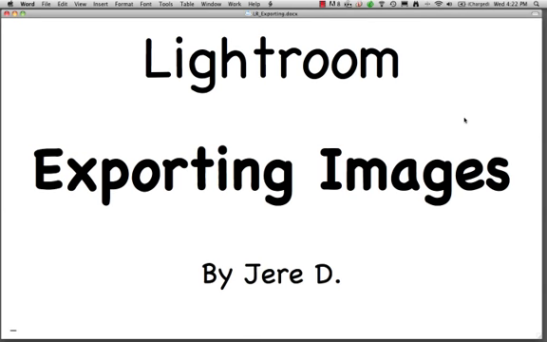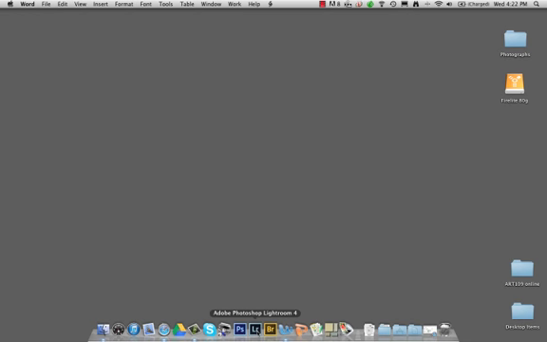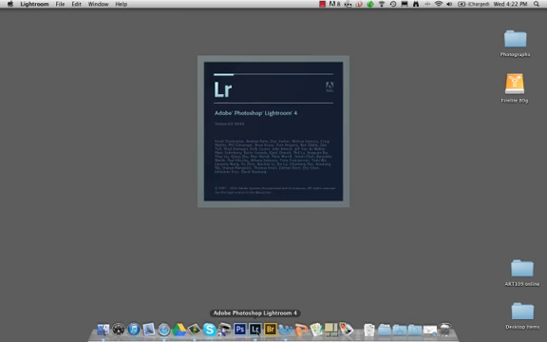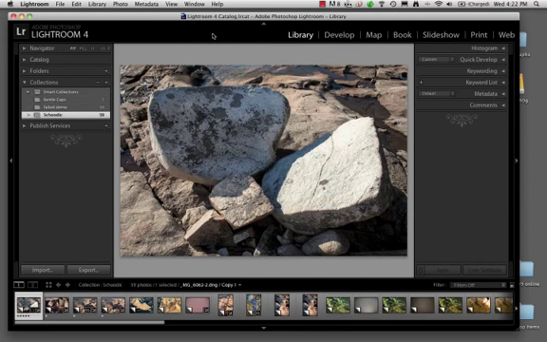So hopefully, if you follow these instructions, the file should be relatively small, upload fairly quickly, and be viewable. So anyway, let's get started here. Okay. First of all, I'm going to call up Lightroom again, and good old Lightroom. A couple seconds, it's open here, and we'll go to the library module. The library module is where you import, which was that previous video, as well as export, which is what this